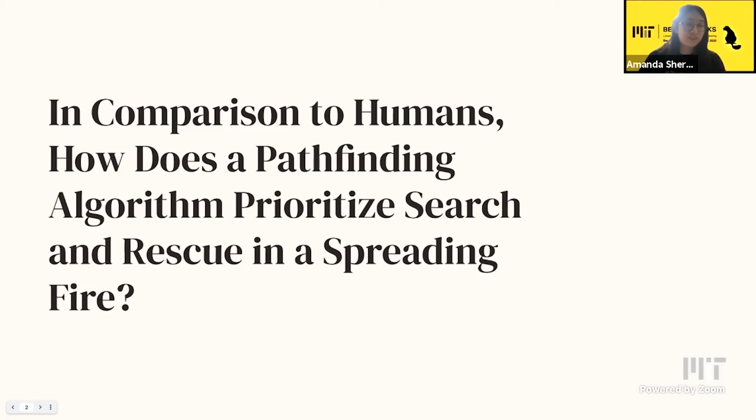So our hypothesis was that overall, a basic pathfinding algorithm would be more self-destructive than a human player, since rescuing pedestrians, regardless of their location, is always prioritized by the algorithm, making the algorithm more likely to ignore self-preservation and the ability to rescue more pedestrians in order to deliver the ones that it can.